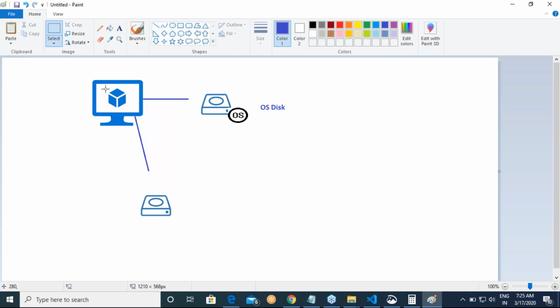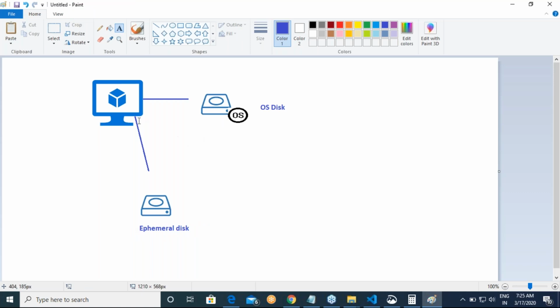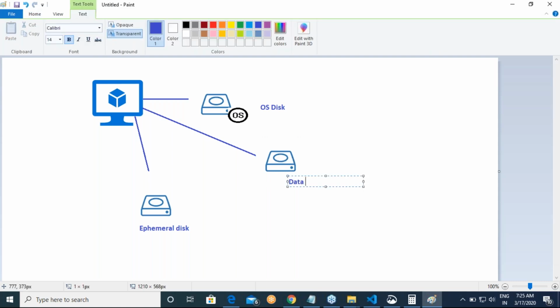We'll have one disk, and this disk is called the ephemeral disk. So whenever you create an Azure virtual machine, you will have two disks. One is an OS disk, the other one is an ephemeral disk. And then there can be a third kind of disk, which a user can create. The third kind of disk is called a data disk.